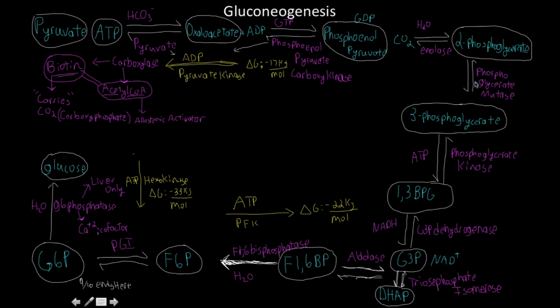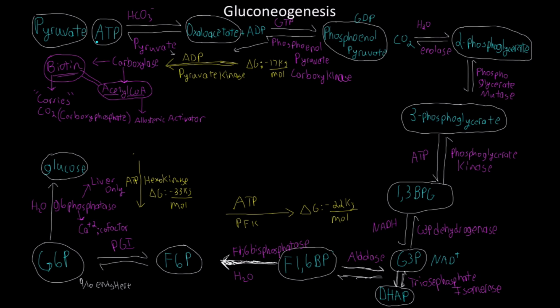3-phosphoglycerate would react with the mutase, which would change it to the second prime carbon instead of the third. And then from 2-phosphoglycerate, it's going to react with enolase to give us phosphoenol pyruvate. Phosphoenol pyruvate would then react with a pyruvate kinase to give us pyruvate and ATP. Now that's glycolysis. If we're going to be talking about gluconeogenesis, though, it is glycolysis in reverse, with the exception